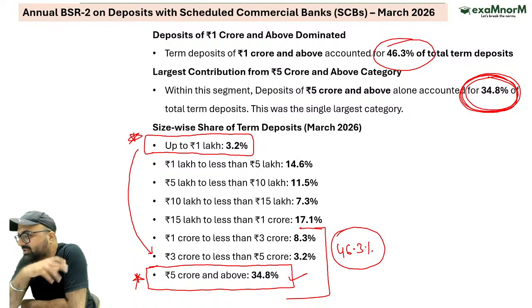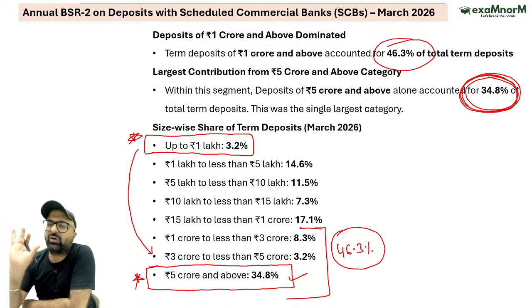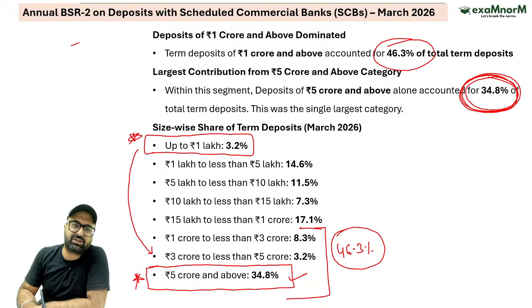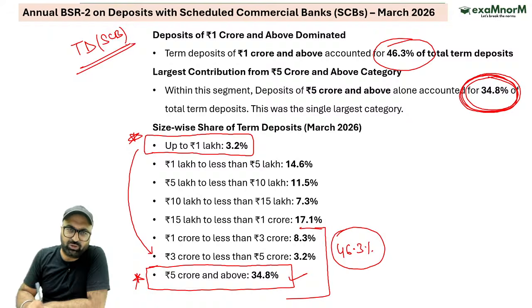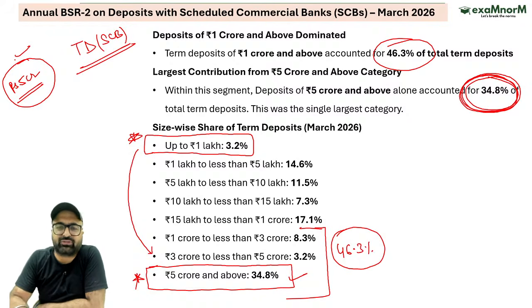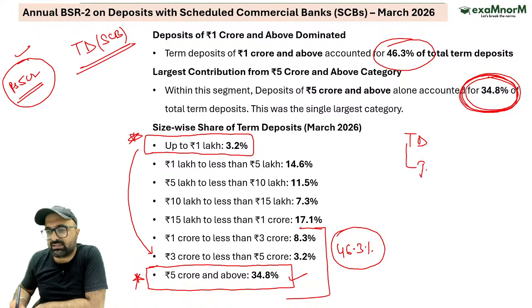In a single bank or same person with multiple banks, it is overall total deposits with the scheduled commercial banks, उसमें सबसे ज्यादा शेयर किसका है? टर्म डिपॉजिट्स का। और टर्म डिपॉजिट में भी सबसे ज्यादा शेयर किसका है? उन डिपॉजिट्स का जो वैल्यू में ग्रेटर देन 5 करोड़ हैं। इज इट क्लियर नाउ? तो सबसे पहले टोटल डिपॉजिट में सबसे ऊपर कौन है? दैट इज टर्म डिपॉजिट।